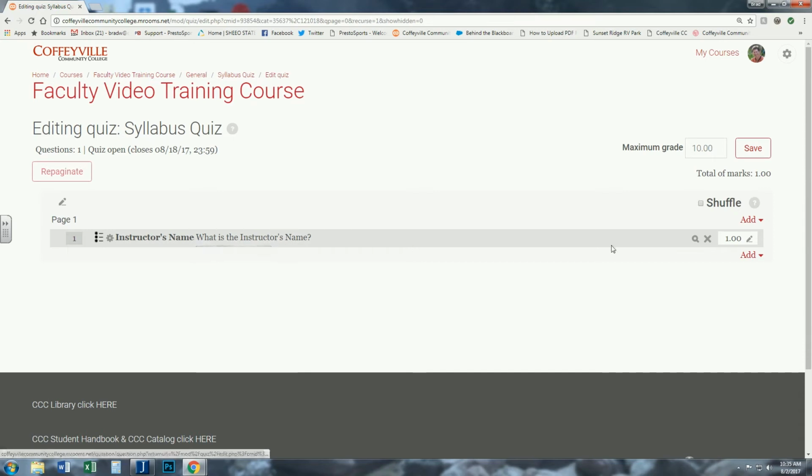Now that it is there, you notice it's worth 1 point, but also notice up here maximum grade. This needs to mirror what you have down here. If you leave it as 10, this is only worth 1. They take the quiz, they miss the 1, they still get 9 points on it, is how that'll work. So depending on how many points you put here times how many questions, notice that the maximum grade, depending on how you have it all down here, how all that works out. I would change this to 1. I'm going to hit save, and now we have a syllabus exam